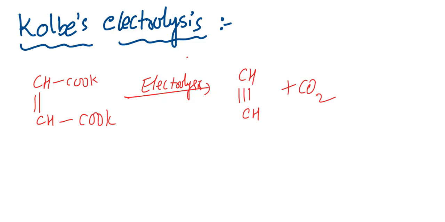Next, by Kolbe electrolysis, we can prepare alkene as well as alkynes. If you take a single bond here, you will get alkene. Here already a double bond is there. By cleavage of this bond, here one electron is there. This is forming one more pi bond. That means alkynes we are getting, generally acetylene, ethyne, we are getting.